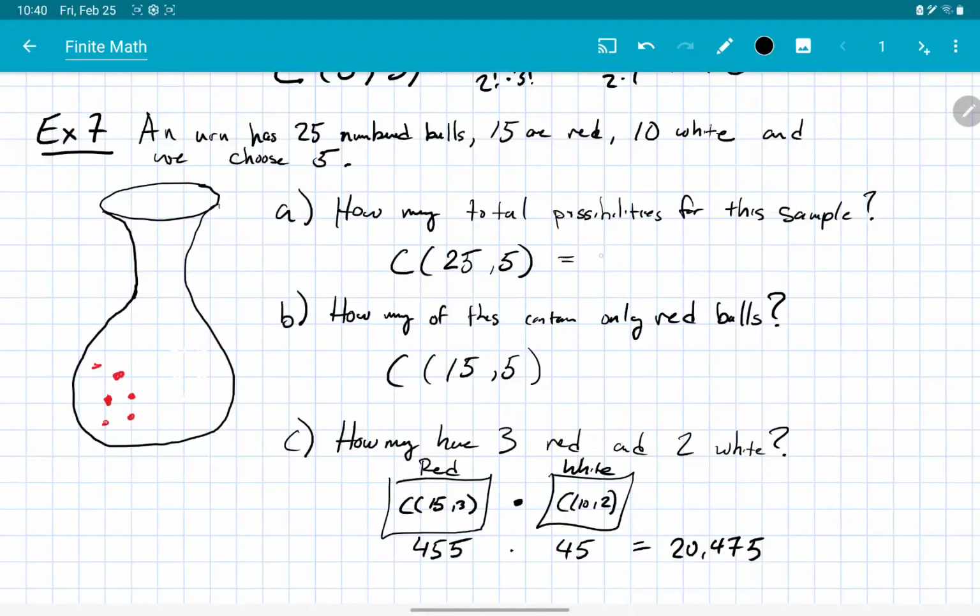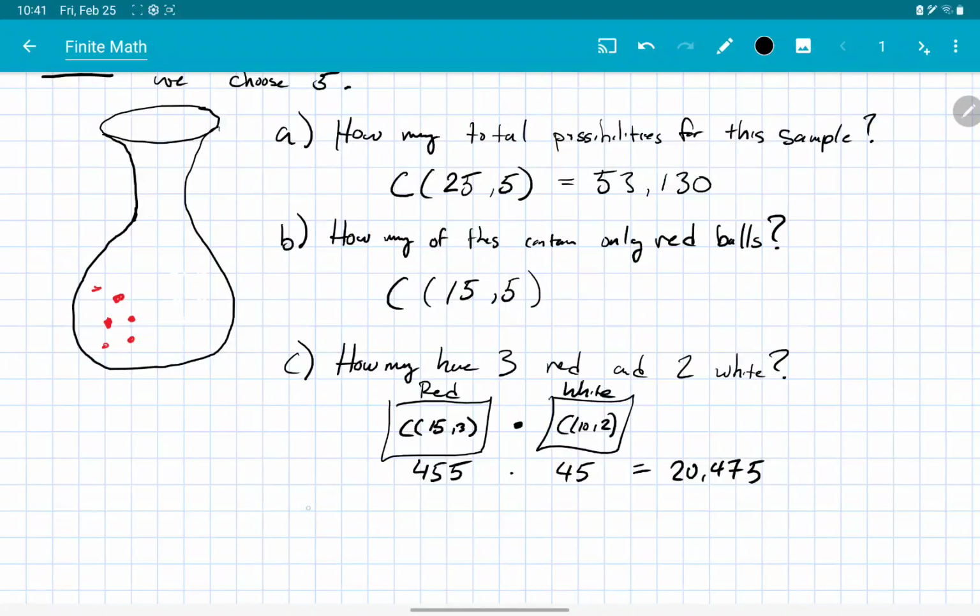And here, the total number, actually, I'll write this down just for fun, so we have an idea of the order of magnitude of these numbers. So there's 53 and change possible samples. And so again, about 40% of them have 3 red balls and 2 white balls. And that's the proportion that the balls are in the container, right? That's going to be the most common possibility. Okay? Now we could ask, how many